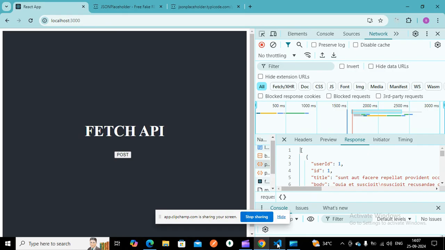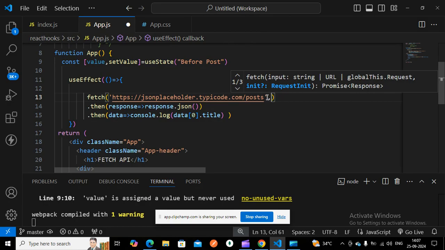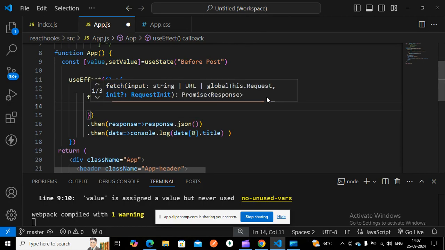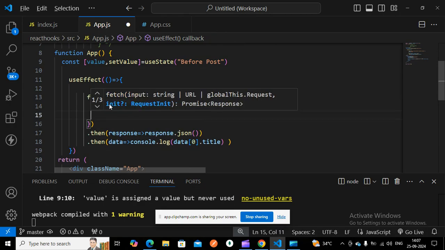So the next method is the post method. This is the same, but we have to provide some option information here. We have to make a curly bracket here. In this I have to mention a method called post, and I have to give headers.